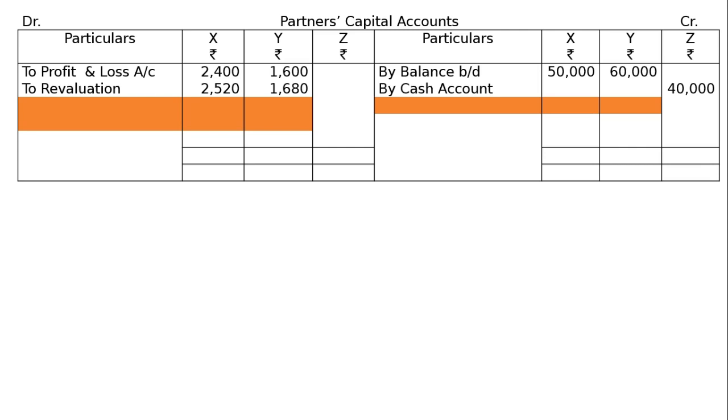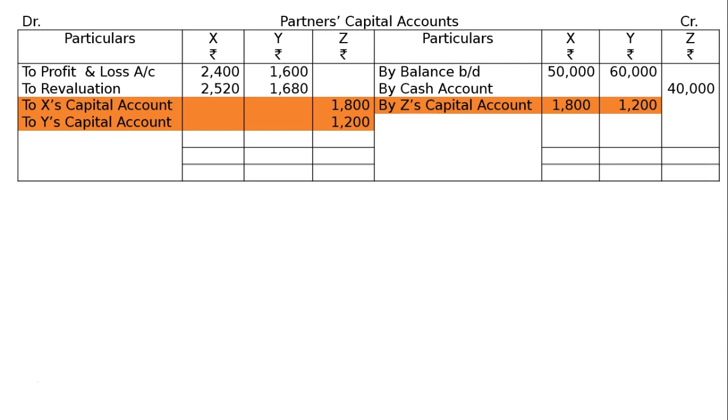Then the goodwill treatment, I have marked with a different color, by Z's capital account. This 3,000 we have already found out, that will be distributed in sacrificing ratio of 3:2, that is rupees 1,800 and 1,200. In the debit side to X's capital account and to Y's capital account in the column of Z, rupees 1,800 and 1,200. We could have done it like this by Z's current account in the credit side. This is finished, but usually we do this at the time of a capital adjustment by Z's current account,